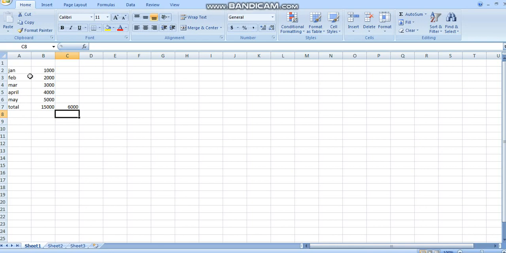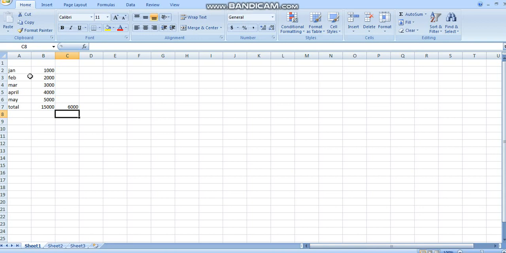Now I'll show you some different formulas, like the compound formula. Compound formulas are used when more than one operator is required to perform calculations. It means compound formula is where we use more than one operator, like multiply and divide. That is called a compound formula. The sum formula we performed just now used only one operator, that is addition. So that will not come under compound formula.